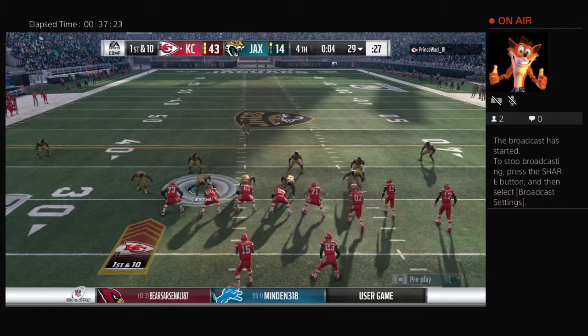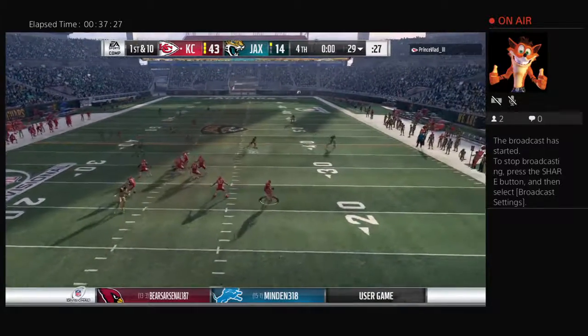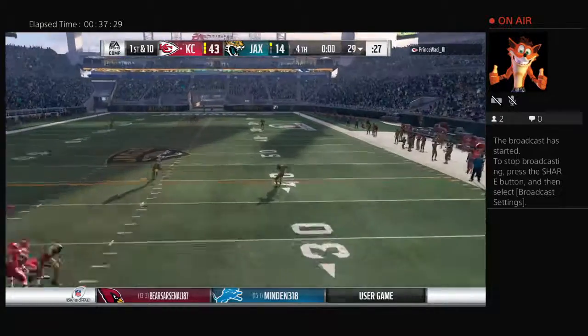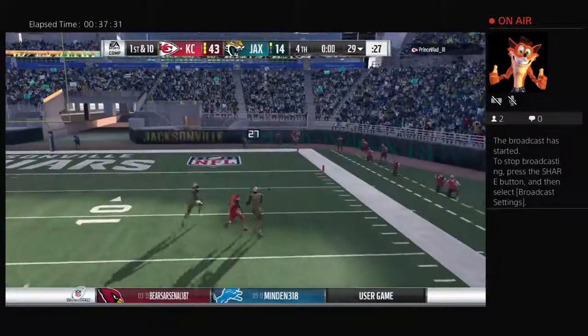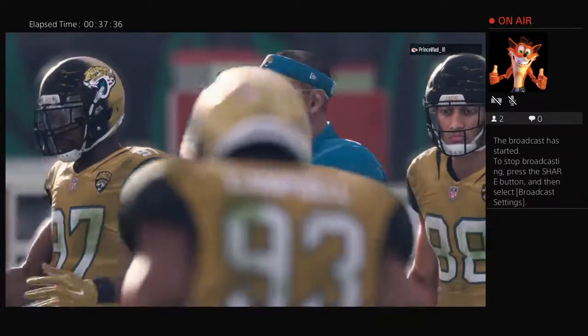Here we go now. Mahomes going to throw it here. Rolling to his right. And going deep for Hill. And it's incomplete. Still throwing to the very end. But now this game...